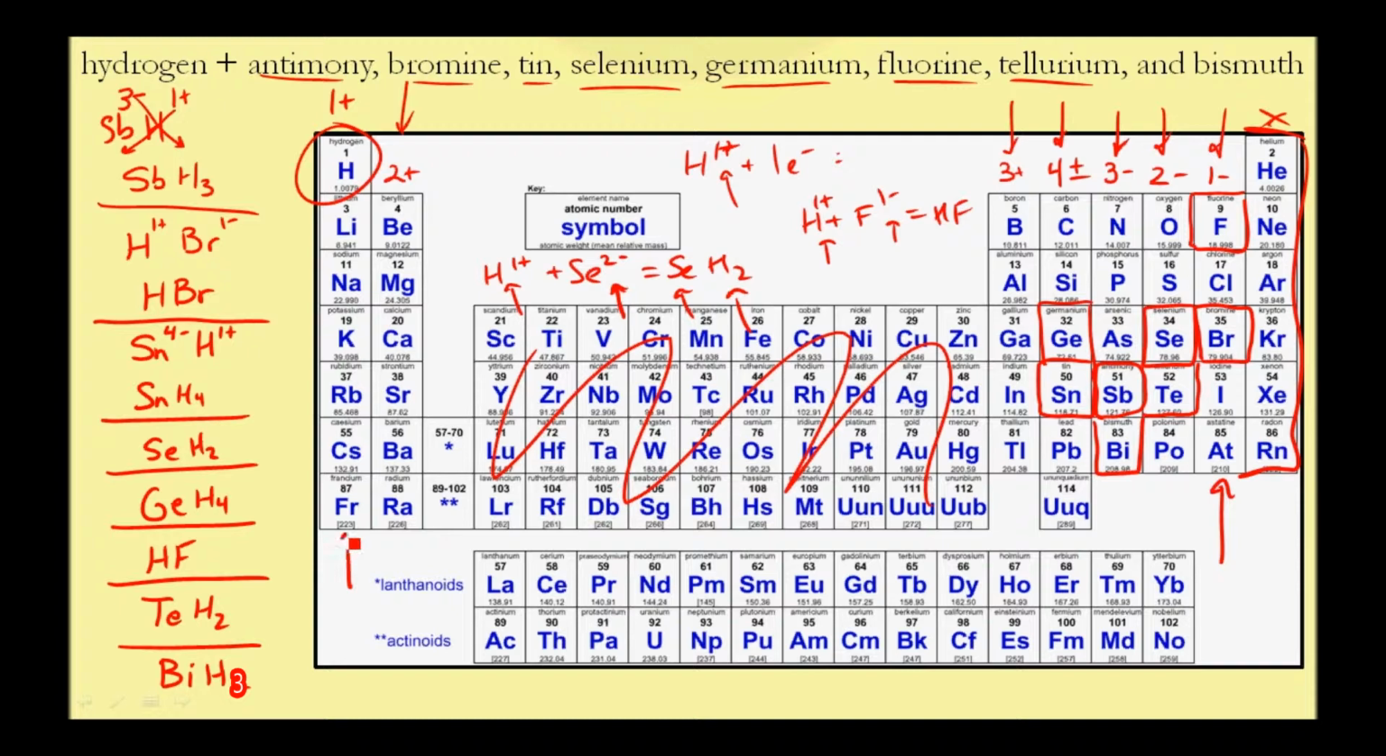Same with the group 1 elements. Hydrogen, lithium, sodium, very reactive because they want electrons. Or actually, they want 1 electron because they're only 1 plus. So they only need 1 to become neutral,